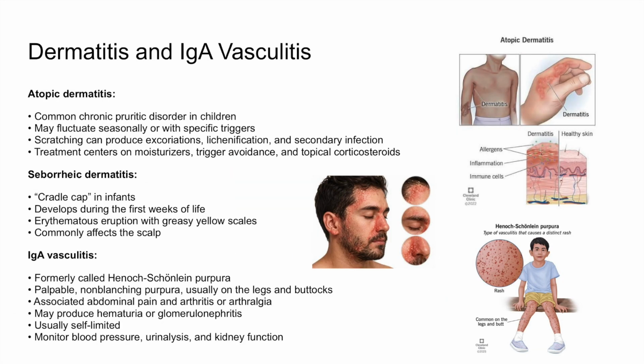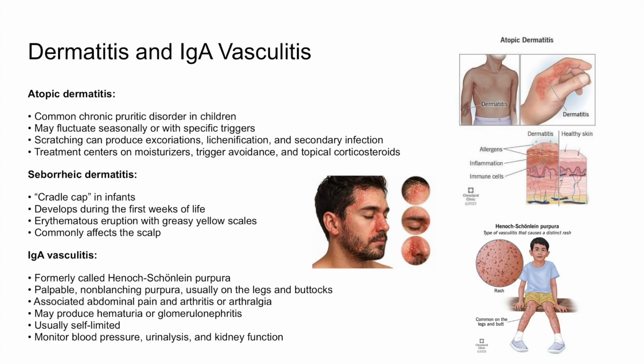All right, so atopic dermatitis is a chronic, intensely pruritic condition that commonly begins in childhood and fluctuates with environmental or seasonal triggers. Repeated scratching disrupts the skin barrier, producing excoriations, thickened or lichenified skin, and susceptibility to secondary infection. Treatment centers on regular use of thick moisturizers, avoidance of known irritants, and appropriately potent topical